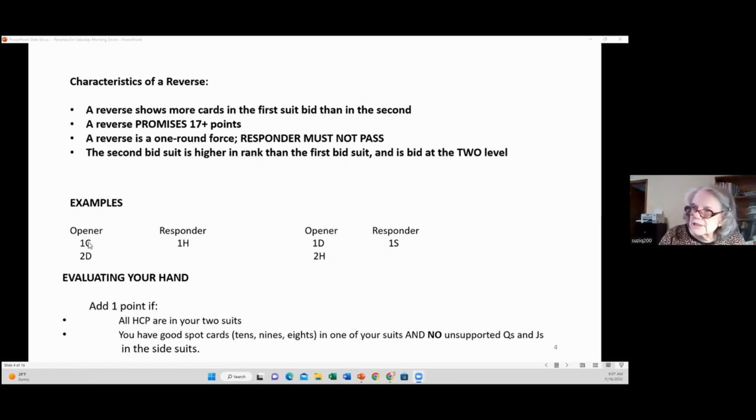Opener bids 1 club, responder bids 1 heart, promising at least 6 points and at least 4 hearts. Opener now bids 2 diamonds. This is a reverse because, number 1, diamonds are higher ranking than clubs, and the second suit was bid at the 2 level. Notice that for responder to take a simple preference back to the first bid suit, he has